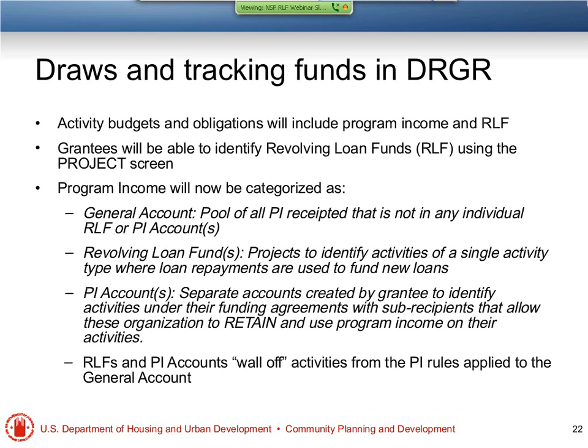Let's switch gears for a few slides, the last couple of slides here. These are really about the administrative processes within DRGR. So it's making draws or requesting draws and tracking funds in DRGR. Right? Program income and revolving loan funds are both going to be set up under activity budgets and obligations in